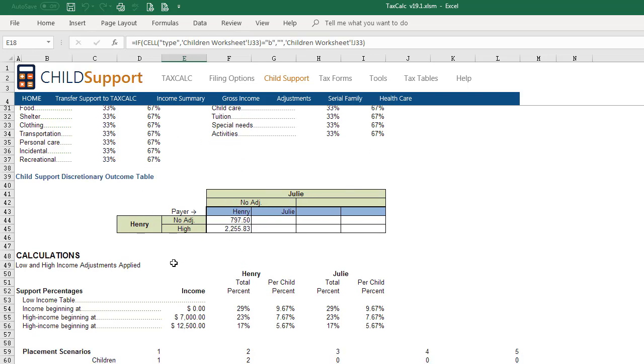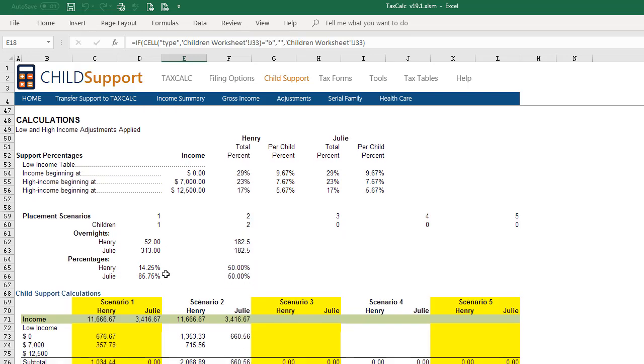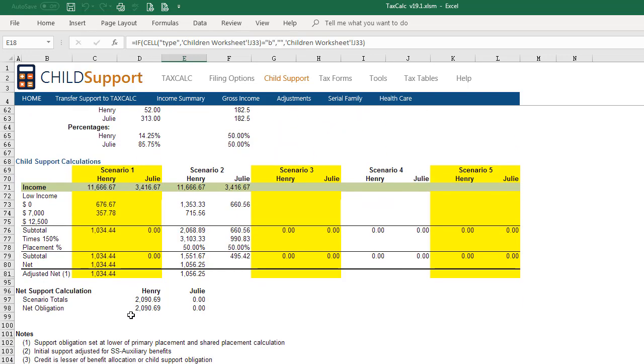So you're going to see through this. If you scroll down, you're going to see all those different calculations, and obviously we have a net obligation right now. It shows Henry owes